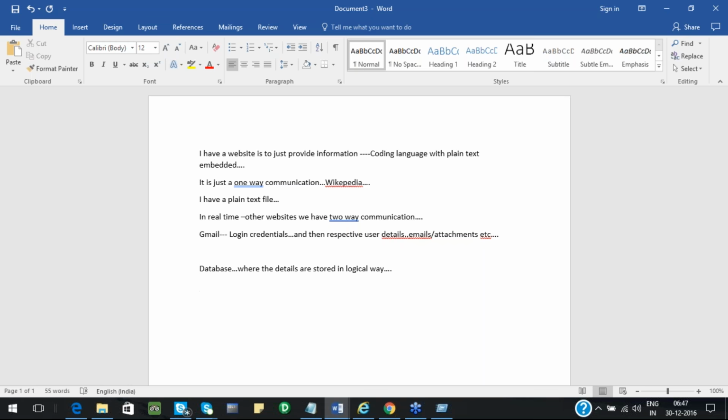Now, if you talk about a database, what all goes into it? The information exchanged between the server and the client. We all understand the concept of server and client, right? So I'm hosting information on a server and retrieving it using a client.